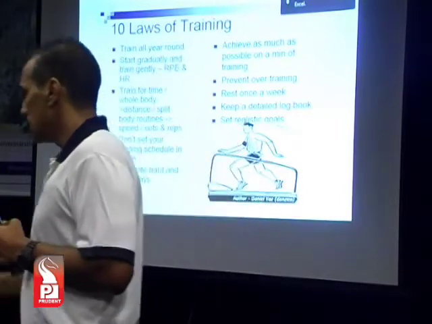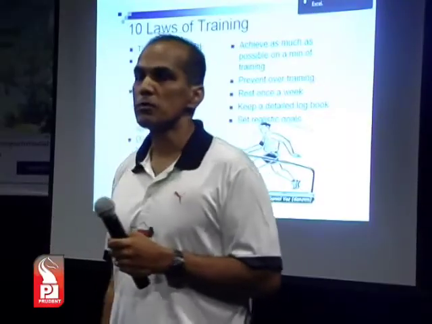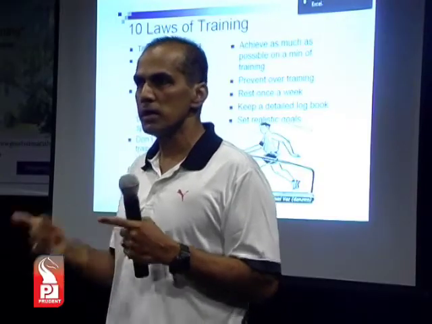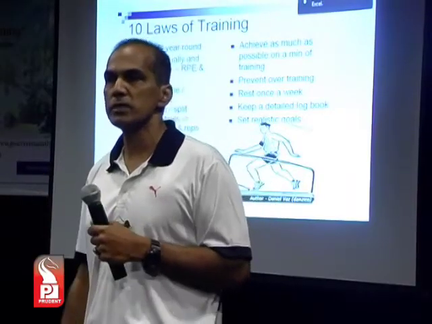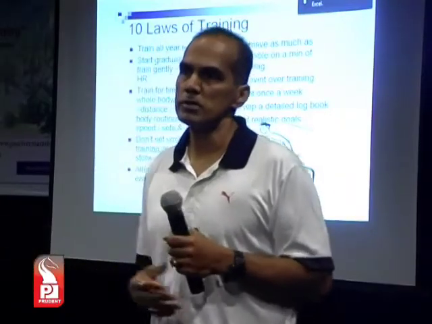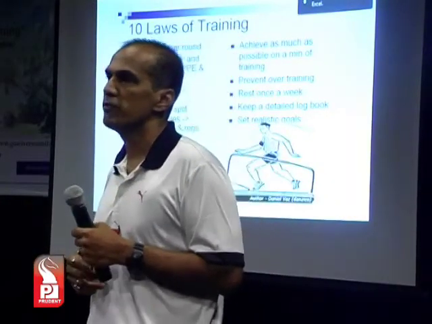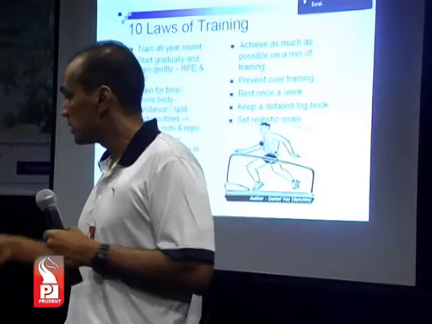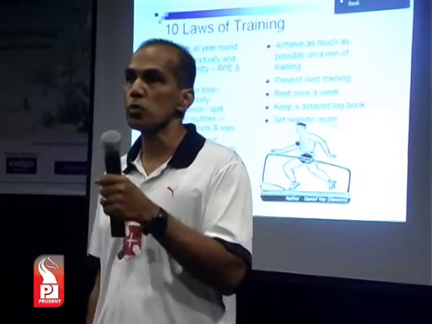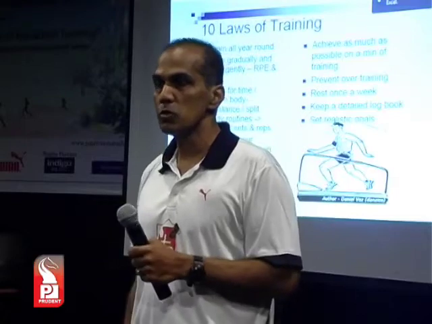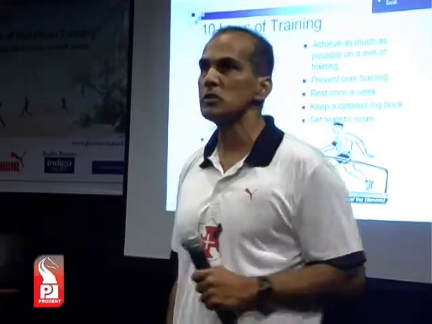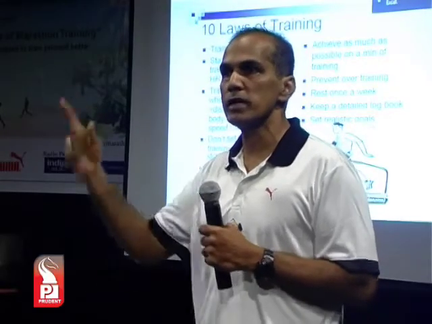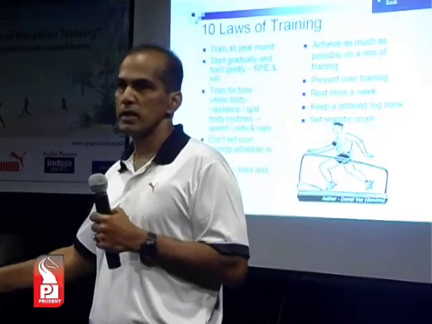Okay? Achieve as much as possible on a minimum amount of training. A seldom well understood principle of training. There are people in the running fraternity who will tell you that I ran 80 kilometers this week, and then you look back at your training log and you find out I've been doing 50 kilometers per week. I'm a wimp. You know, the guy is doing 80 kilometers per week. Nobody said that 80 kilometers per week is good for you. You may be an individual who can be faster than the other guy by running just 50 kilometers a week. So achieve as much as possible on the minimum amount that you can, and then progress to the next level. Prevent overtraining. We spoke about this.